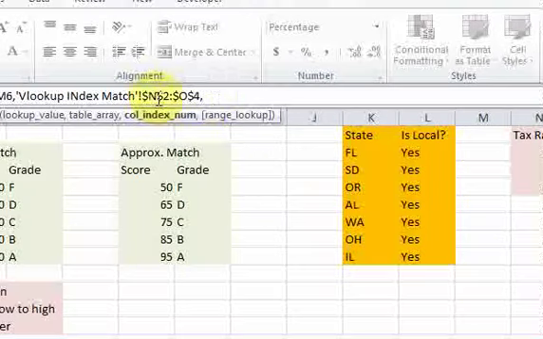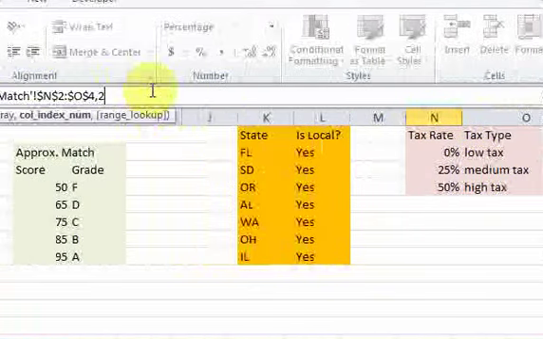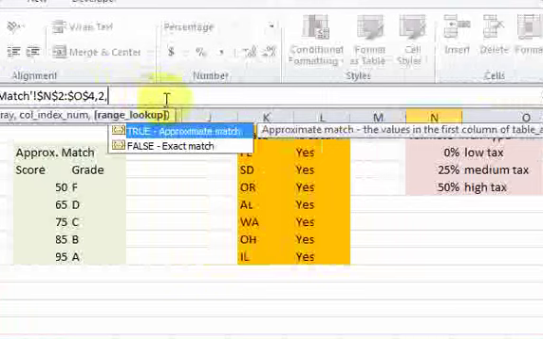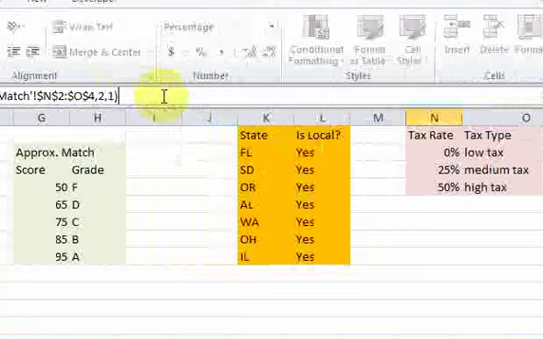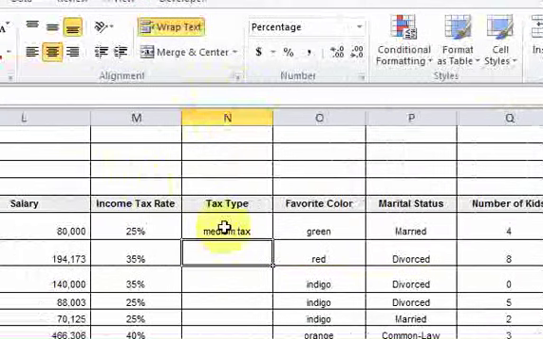And now here's the critical part. What column do you want? Well, I want the second column, which is going to return this text of low tax, medium tax, high tax. And then I want an approximate match, which is the value 1. Remember, 1 stands for true, 0 stands for false. If I hit enter here, I get medium tax. If I drag this down,